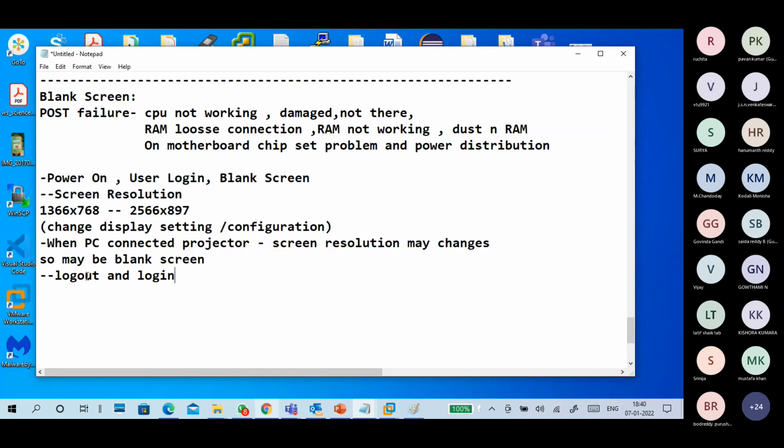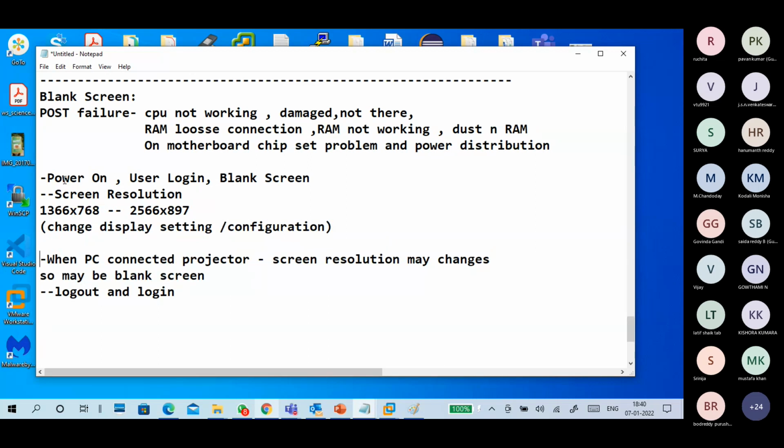In this scenario I told that, but for the original scenario, boot the system with safe mode. Restart the PC, and at boot time press F8, or Shift plus F8 for laptops.